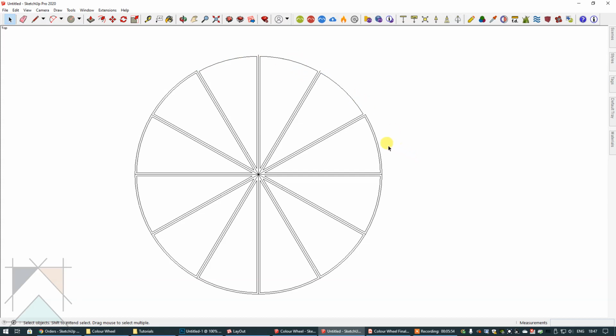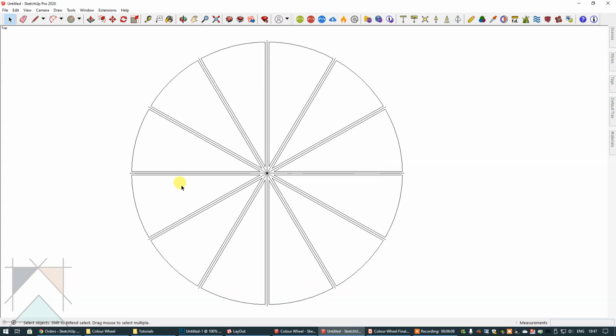Okay, so that's the outside edge here of the circle. I no longer need that, so I'm just going to delete it. So let's just delete all of this. We don't need any of that, and we're zooming all the way in so that we can get a good look at this geometry. And then I'm going to delete all the little separators here,